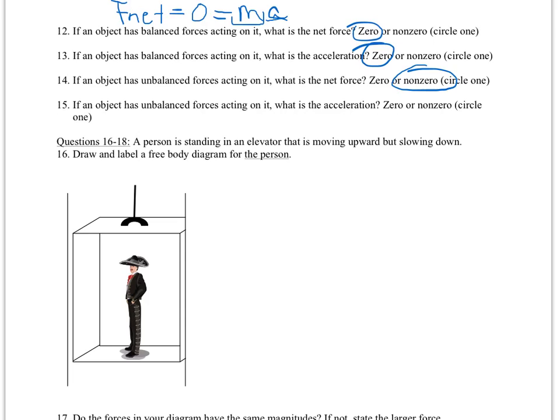So unbalanced forces means there is a net force. Unbalanced forces also mean there's an acceleration, so non-zero acceleration. And you can see that again, if F net is bigger than 0, and you tried to solve for ma, you would get a is bigger than 0. Probably a little confusing there on the math, but if you just remember unbalanced forces cause an acceleration, that's what